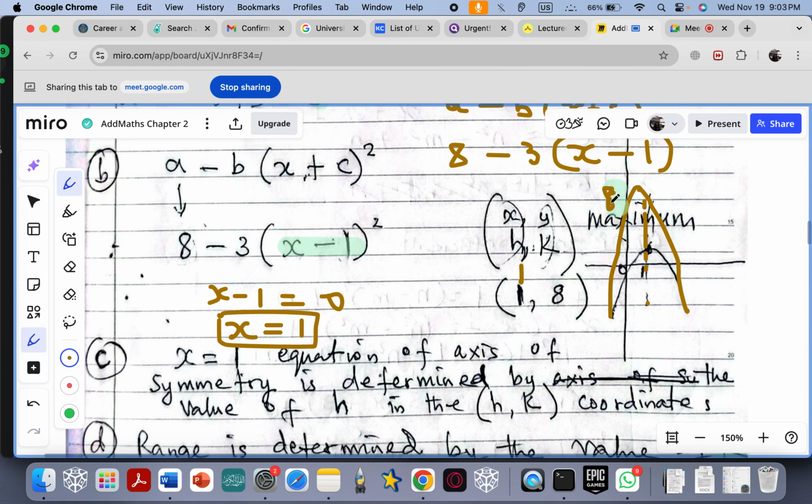8 is the value here. So you say f of s is less than or equal to 8. So that's that for that expression. Okay. Now let's move on to